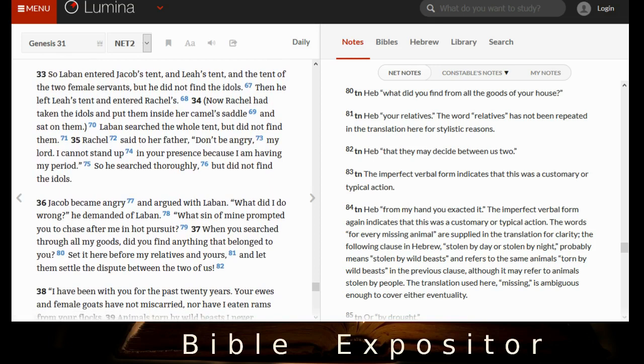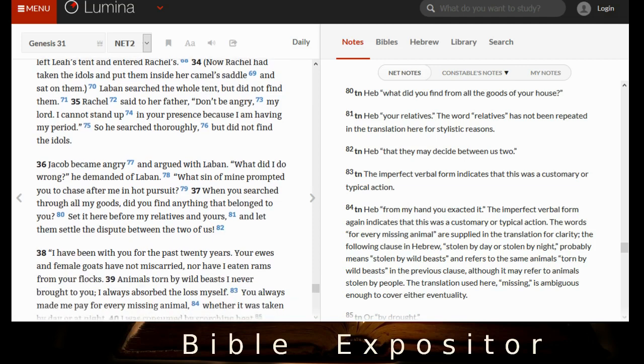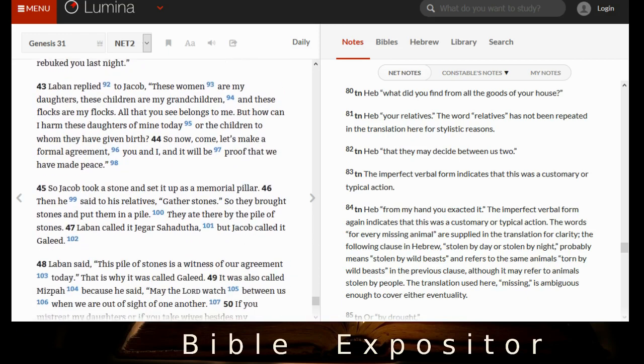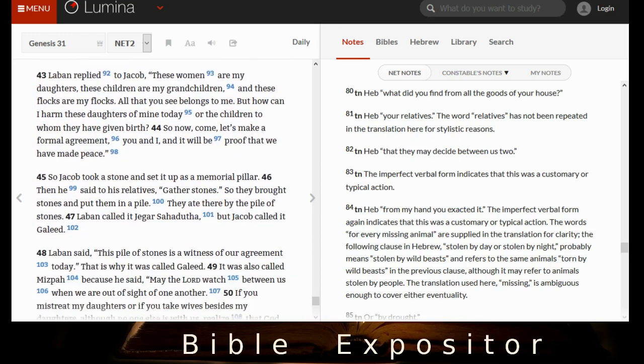So she said, "Sorry, I can't get up right now." And that's where she had them hidden. Nobody thought to ask, but they weren't going to. It was just too socially awkward. So the shouting match continues in verse 36 until they finally call an uneasy truce down in verse 45. And Laban returns to his home then. But we're not out of the woods yet.